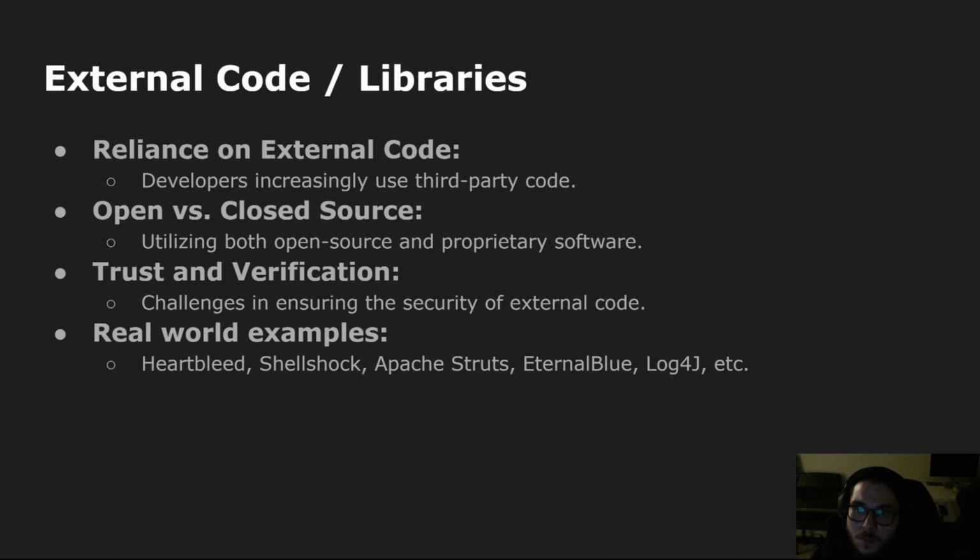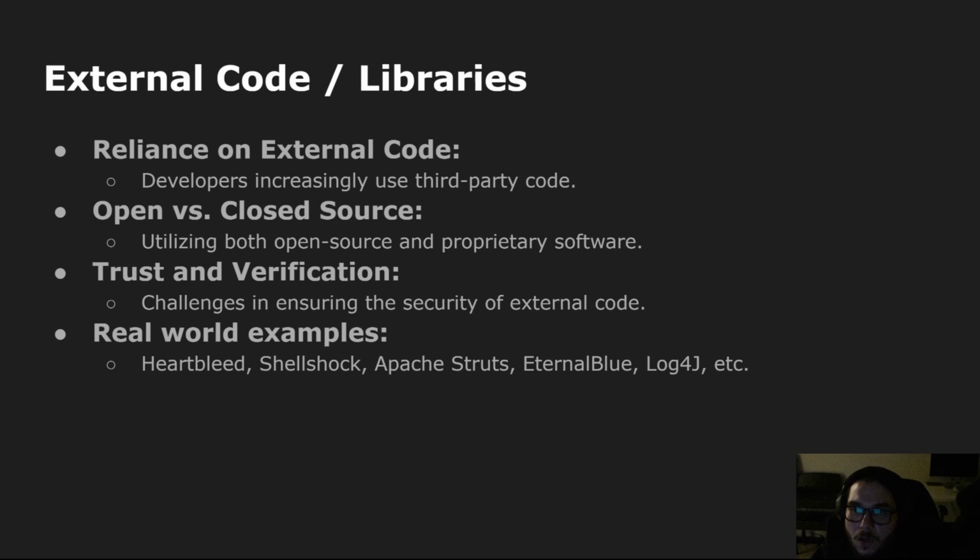Pick your poison, I guess, but no one writes their own code from scratch anymore. There's just too much to be written, and there's just not enough hours in the day. So people end up relying on code written by other people, either open source or closed source or proprietary. Not all code is trustworthy, however. Even reputable or seemingly trustworthy code needs to be double checked. If you haven't written it yourself, how can you know that it's free from vulnerabilities or just features that you're not really jazzed on introducing into your app?